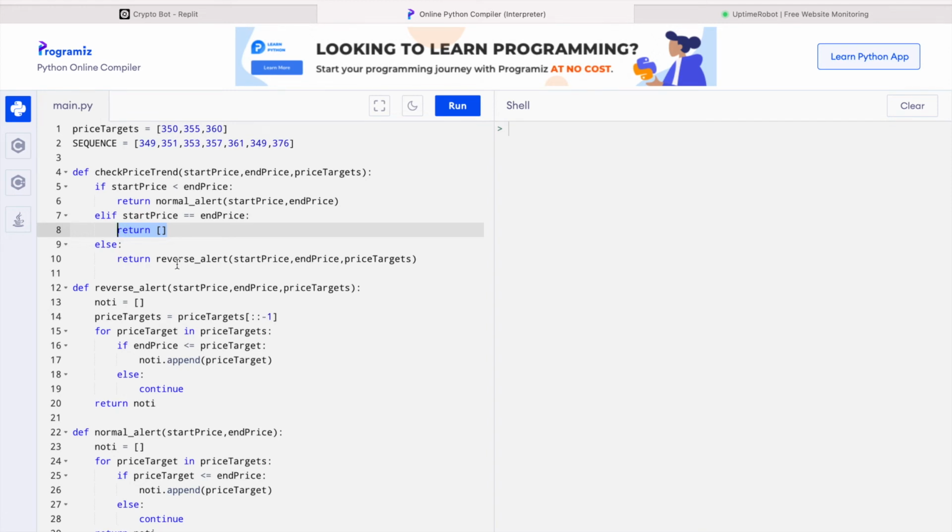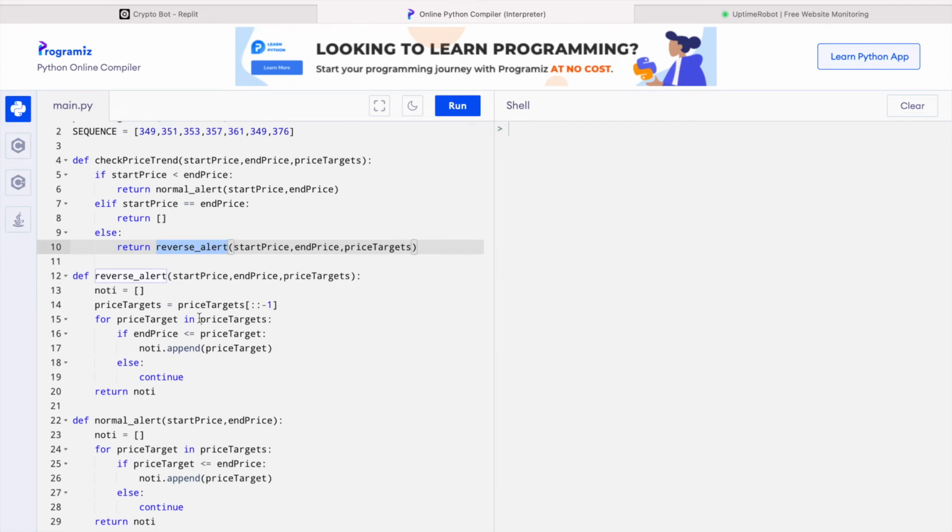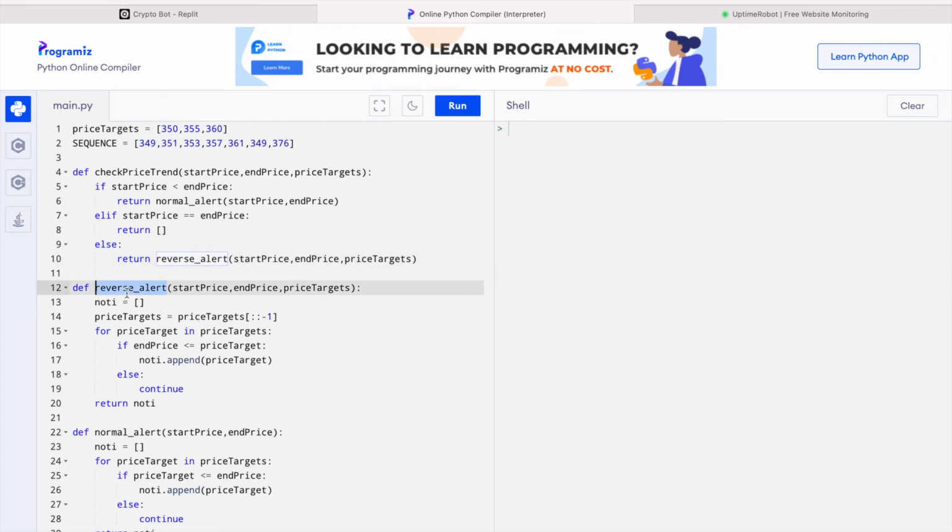Else if the order is in reverse direction, then we will be using the reverse alert function to tackle the notifications. So inside the reverse alert notifications, we will then invert the list of price targets. So we'll be checking the price target in descending order.